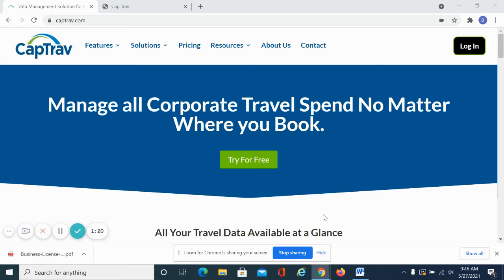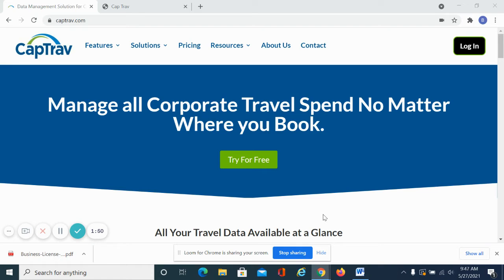As a point of reference and use case, many travelers opt to book using Google Travel instead of using their travel agency. CapTrav captures these bookings and those made from supplier websites and other sources for reporting purposes in support of critical duty of care compliance and program optimization. Recent corporate travel surveys have identified this type of data as a must-have going forward in an effort to ensure traveler safety and corporate duty of care standards.